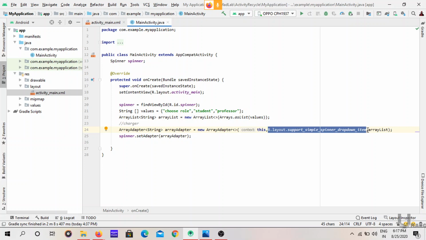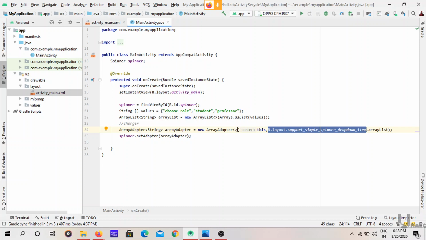So now we have to get the text from the spinner. If you want to get the data from the spinner, how can you do that? If we are using a button, how are we giving the actions to that button? By listeners, on click listeners. In the same way, for every click, when the user clicks, you have to give some action. So spinner is also clickable. We can click on the spinner.